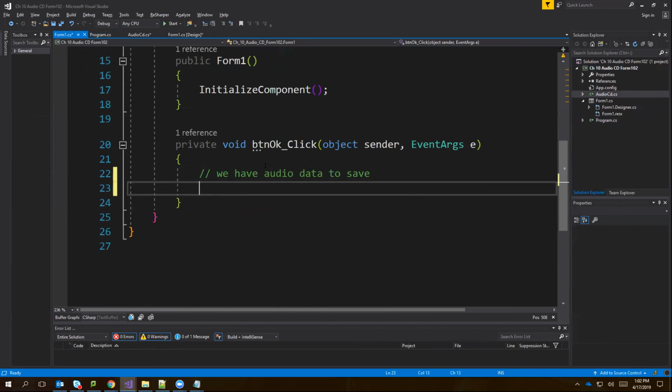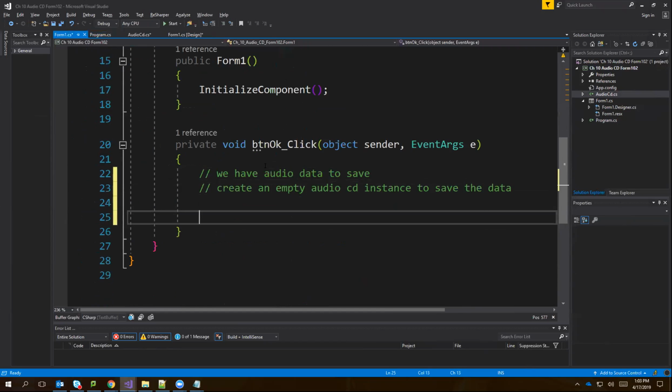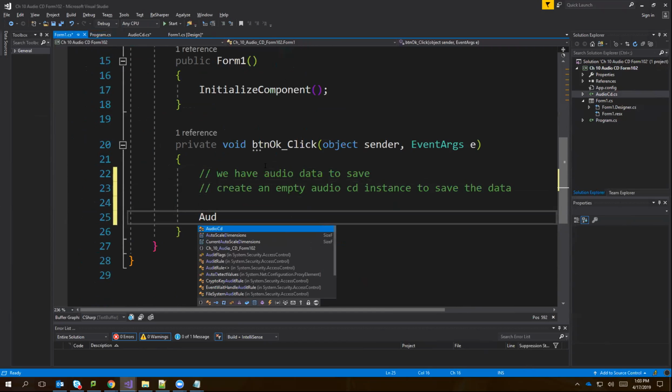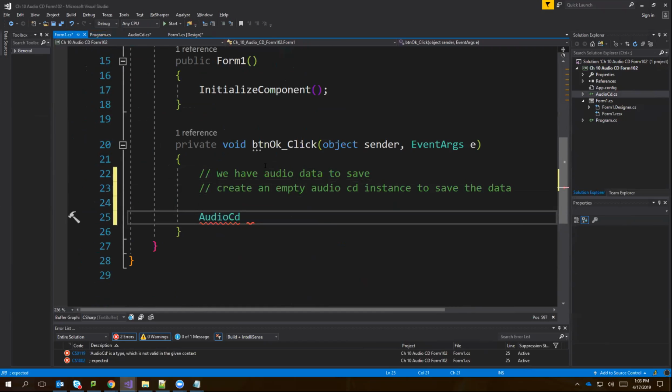We're ready to save it. Let's create an empty audio CD instance to save that data. So I want to create an audio CD, and let's call that